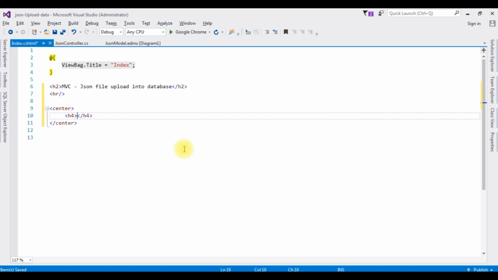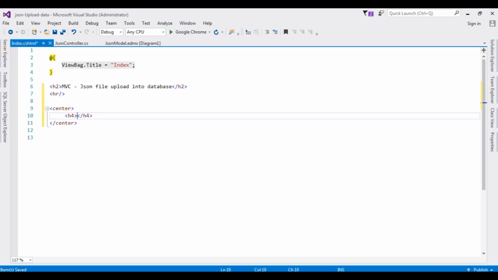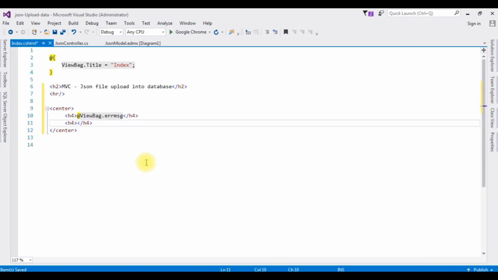One is the error message and the second one is the successful message. The error message is ViewBag error message. Copy that one, at ViewBag error message h4. The success message is ViewBag.Message. Copy that one, at